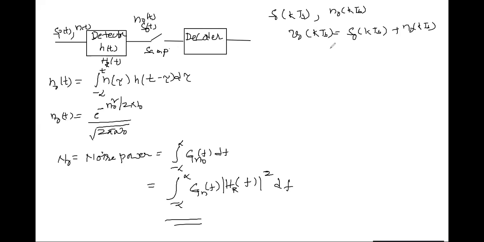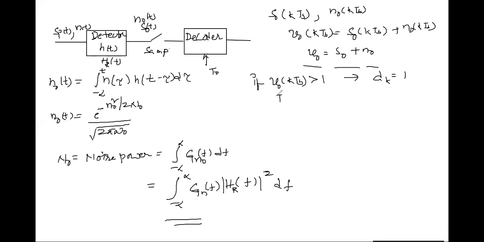Okay, isn't it? Now, for the purpose of simplicity, I'm dropping these arguments. So V naught is simply S naught plus N naught. Now, by comparing this V naught with the threshold of the decoder, the threshold or reference is T naught. By comparing V naught with T naught, V naught is decoded into either 1 or 0. So if V naught of KTB is greater than T naught,